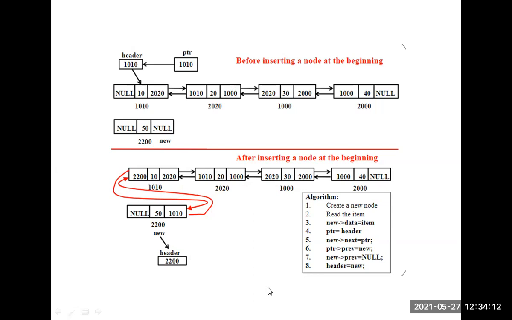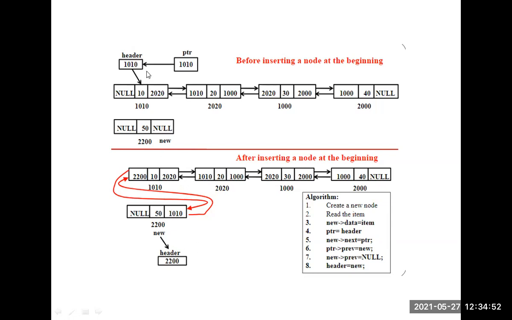You have to get a node. So I am taking temp as my new node, and temp of info equal to 50, temp of left link null and temp of right link null. Presently I am considering that. So I am creating a new node here. The new node's data item is 50. The next pointer is nothing but the previous node, and the new pointer is null. So just consider this one. To consider a new node, just replace both links with null.